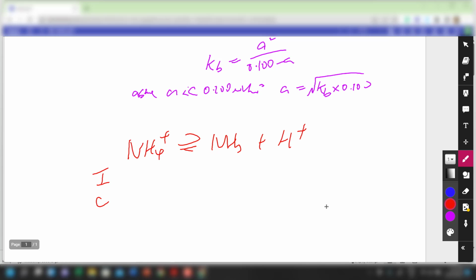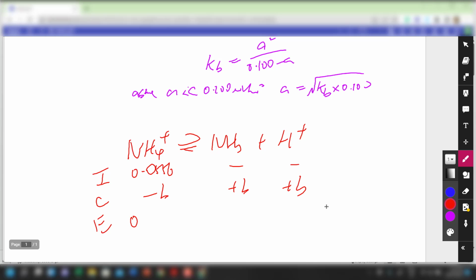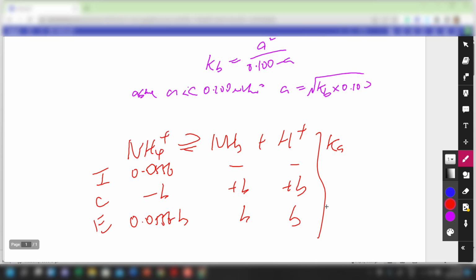So in the ICE table, we have 0.0556 initially, and then minus B, plus B, plus B. The equilibrium concentration of ammonium is 0.0556 minus B. From here, Ka, which is what we have found earlier on, equals B squared